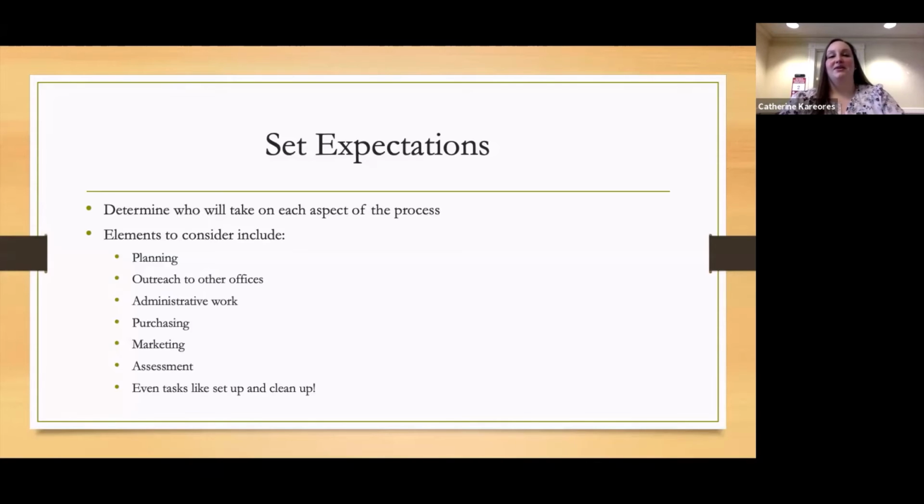You might not be thinking about, all right, who's actually going to be there to set up at the beginning of the event? Say you've got an event planned from 3 to 5 and then 5 o'clock rolls around. You're thinking it's the end of the day and everyone's ready to pack up and go home, but no one's actually thought about who's going to be breaking down the tables and taking out the trash and things like that. So definitely important to consider even those little things that might not be the first ones on your mind.